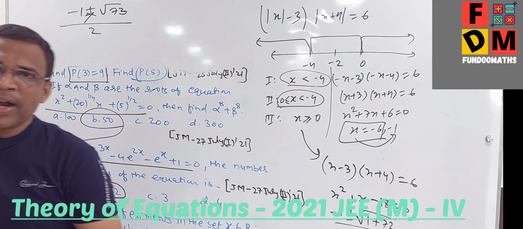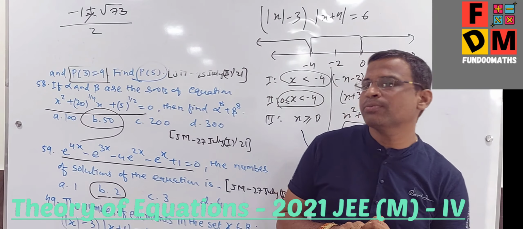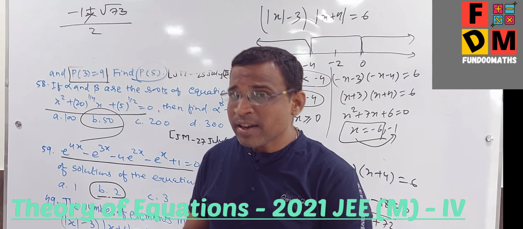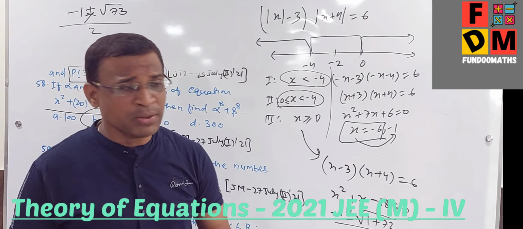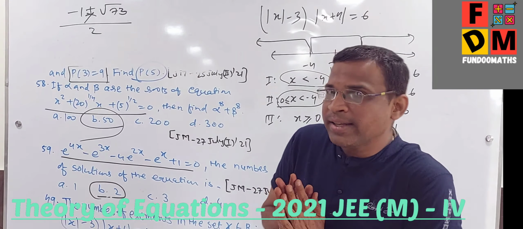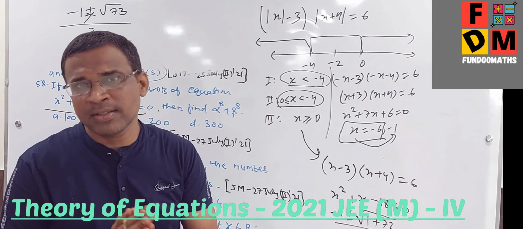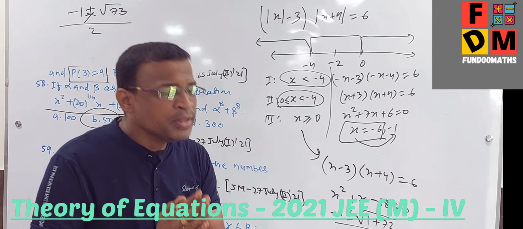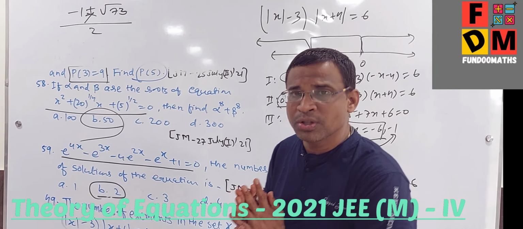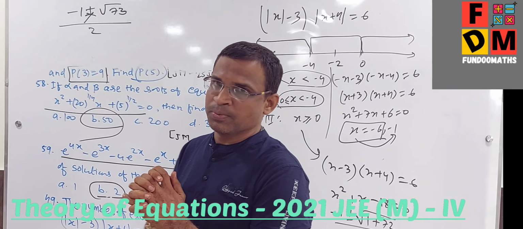Again, one point which I can mention here is that even though the July attempt of 2021 seems to be tougher, it is my gut feeling while searching the questions. That is my analysis, that it is expected that in the Advanced on 3rd of October there will be more questions on theory of equation. I am expecting more than one question.